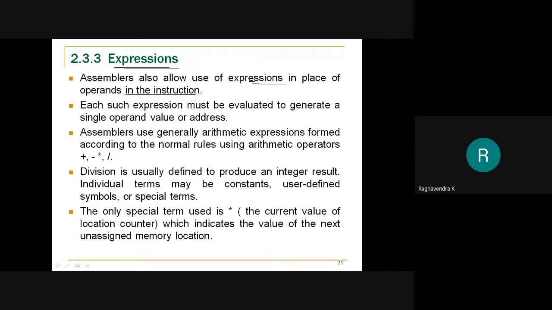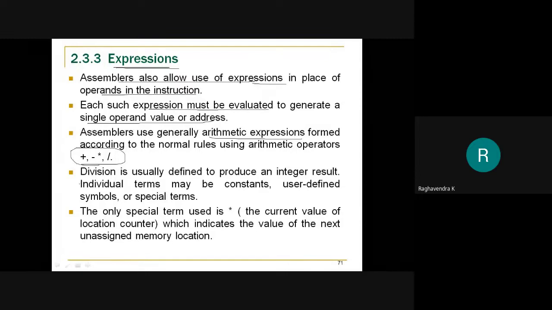However, whenever you are writing an expression, that expression will be evaluated, and its value is going to be brought down to a single operand value or an address before it is assembled or before it is being used. So normally what type of expressions can you expect? You can expect arithmetic expressions, and they can be written using all the normal arithmetic operations: plus, minus, star, and slash.